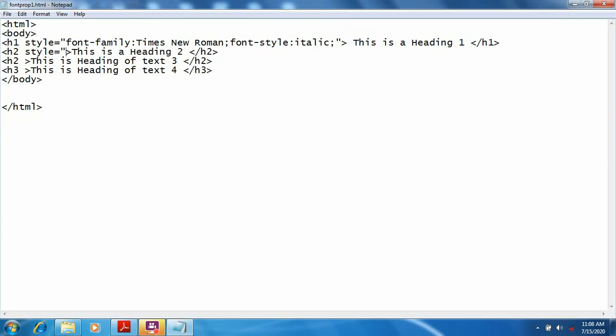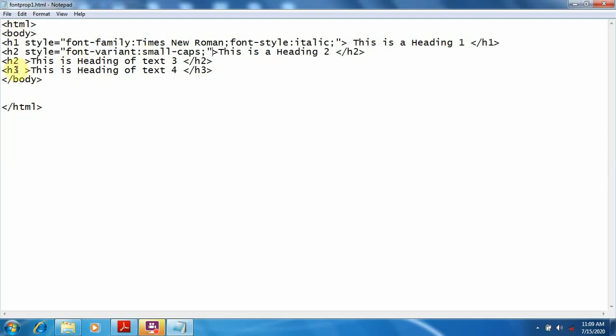I am taking font variant, then colon. You can take value normal or small caps. I am taking small caps, then semicolon, then close this with the help of inverted commas.